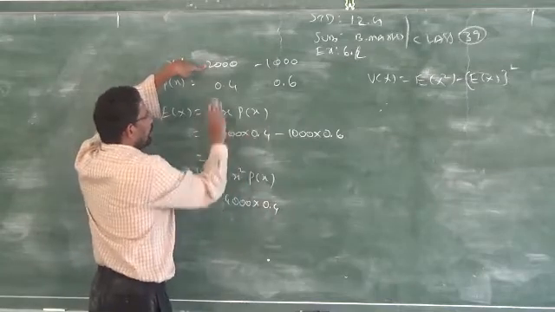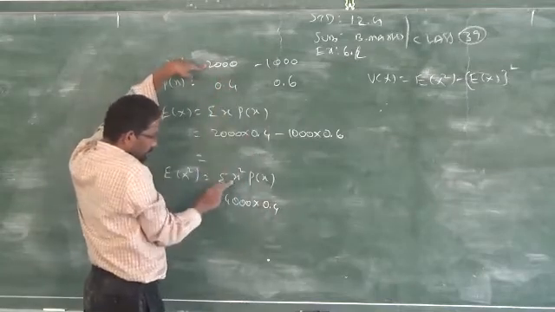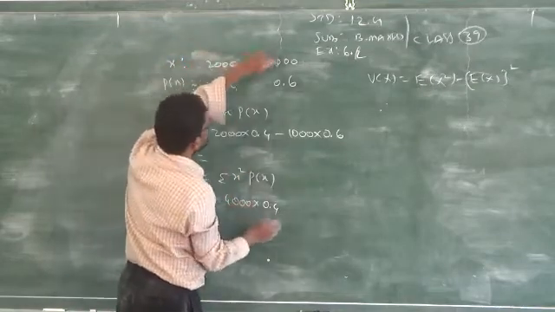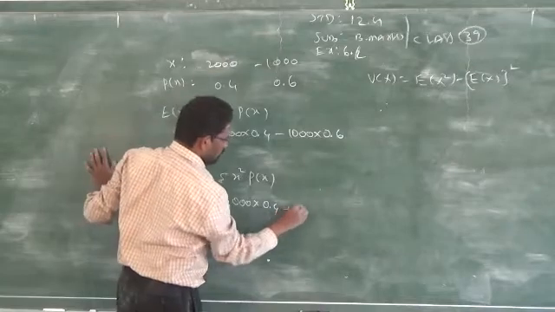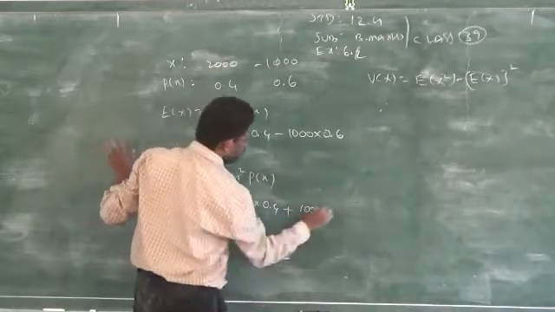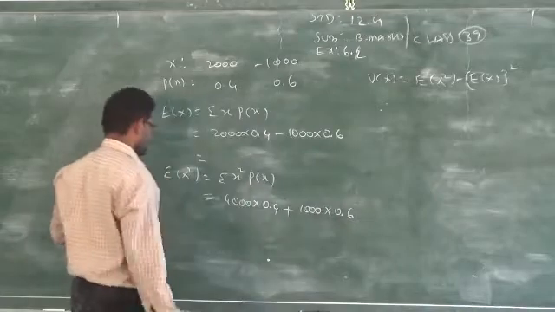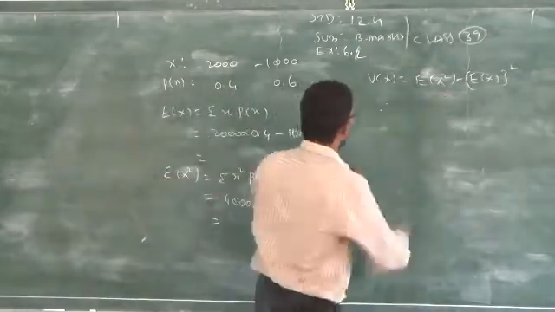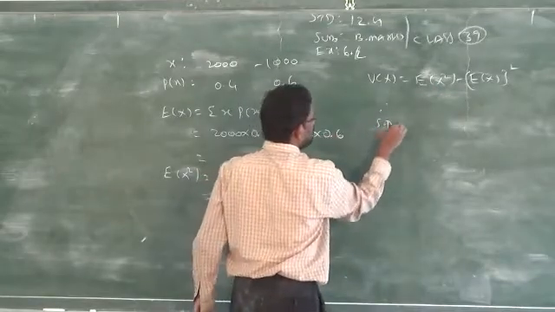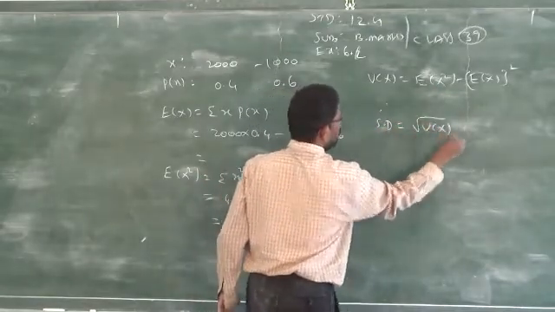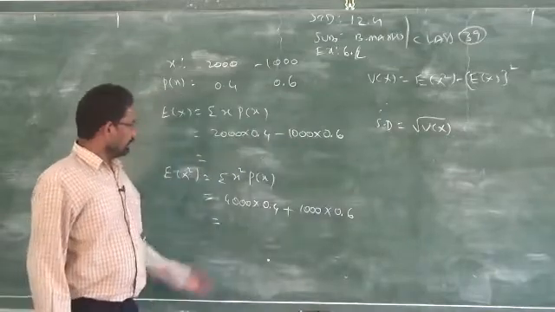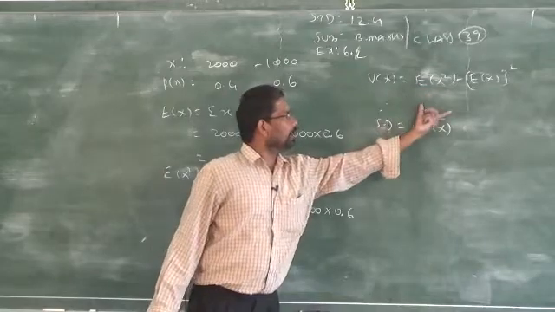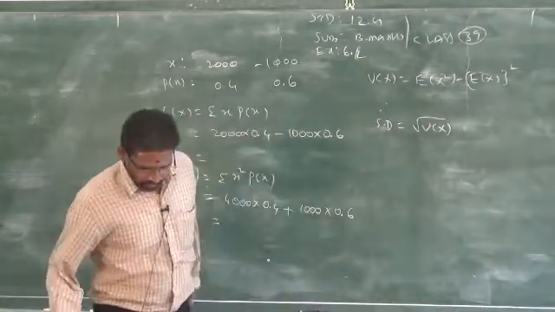Boys, do not square after multiplying these two. It is given very clearly x square. So, square this number into 0.4. When you square this number, minus will become plus. So, 1000 square into 0.6. Then you have to find out the answer, substitute in these two places, find variance of x, then standard deviation is what? Square root of variance of x. Are you clear? Just proceed, substitute these two values in this formula, you will get one answer, take the square root, you will get the standard deviation.